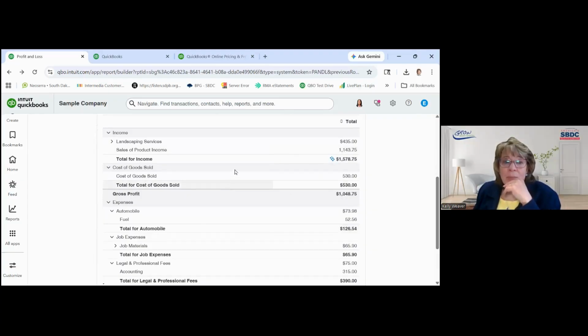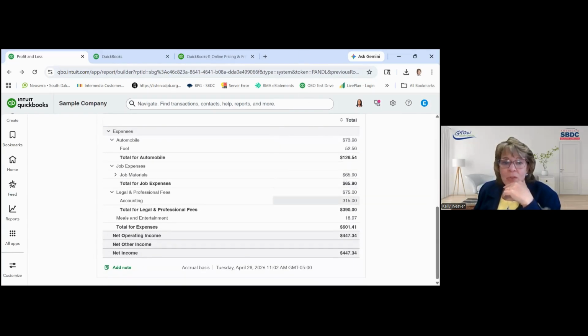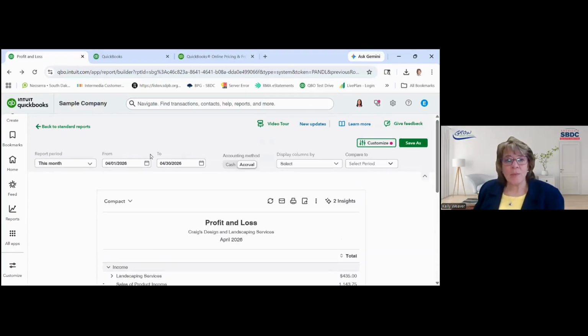Again, the income statement shows total income minus the cost of your materials to get to your gross profit, so that you can see how much money you have to pay all the rest of your expenses and whether you end up with a net income or net loss. So take your time to look around at the reports, knowing that you can customize those reports and make them more to your liking. And if it's a customization that you will be doing over and over again, then save that customized report, give it a name, and then favorite it. And then it'll be in your favorites on your report list, and it'll be easier to find every time.